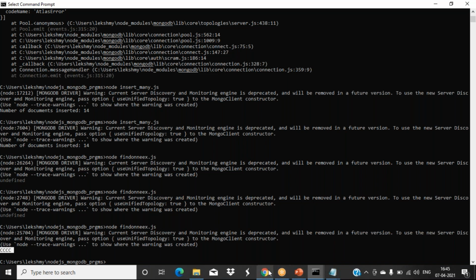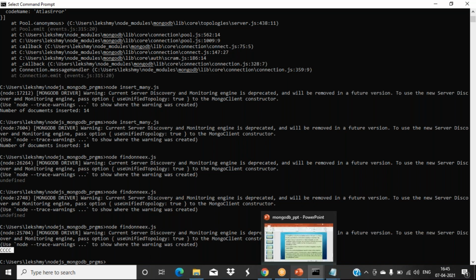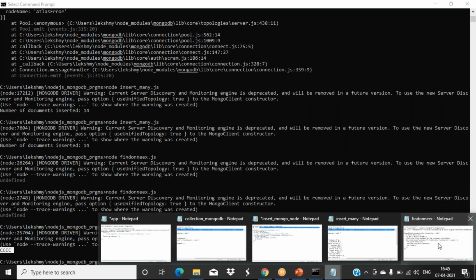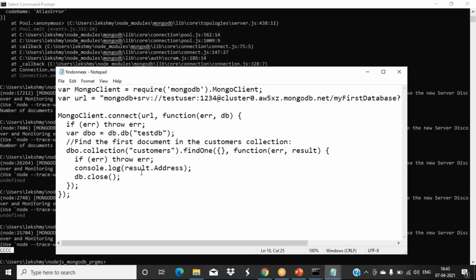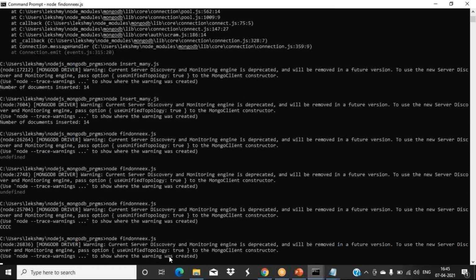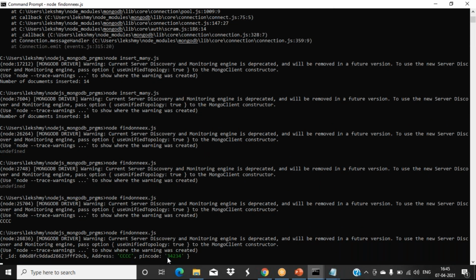So what we told there, to view that, is which property you want to view from that object, only the address. So we used findOne. While displaying the result, we told only the address. Suppose we are displaying the whole result.